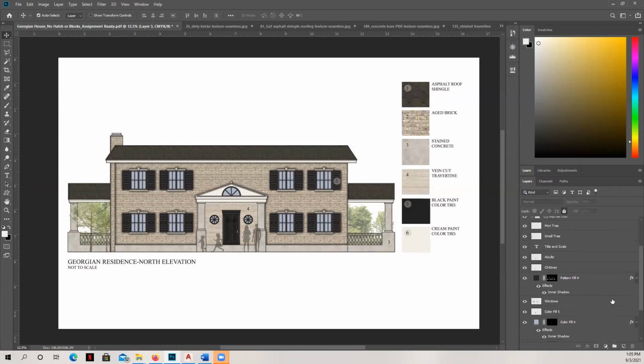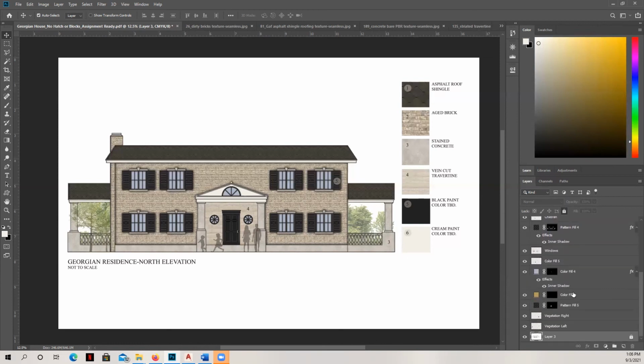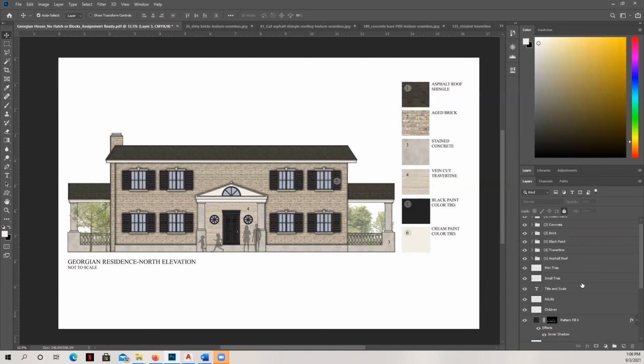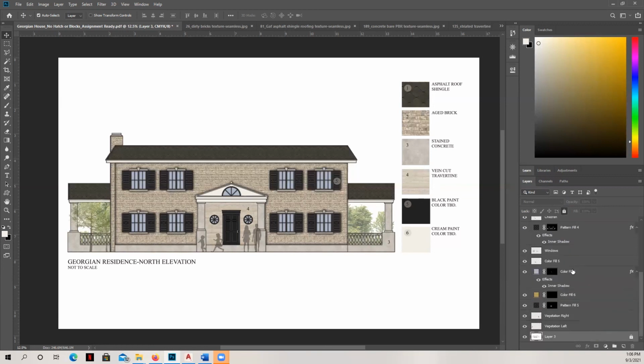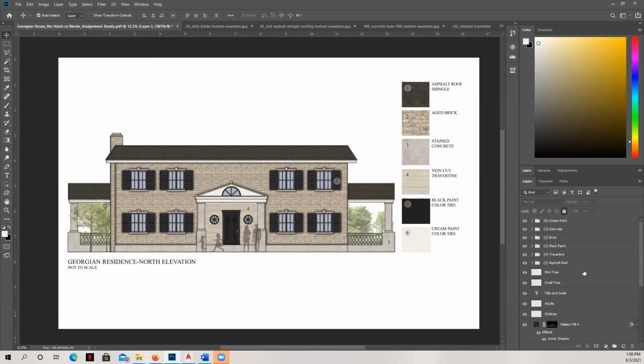So those are two ways that you can start to control your Photoshop file a little bit more, to make sure that really key layers don't move, and you can lock them all if you want to. And you can start to group elements that are related to each other within these folders so that it's easier to select and grab elements that all relate to each other. And then you don't have such a long list of layers that you have to scroll through every time you're looking for something.